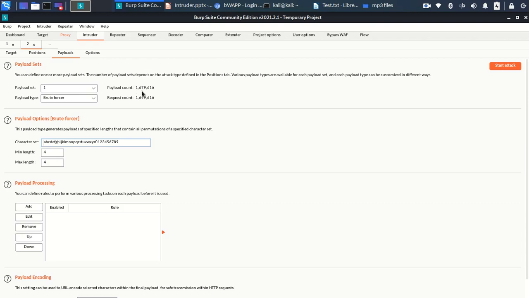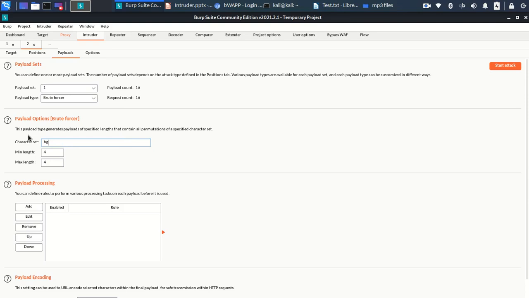Sorry, it is 16 lakh. Yeah, it is 16 lakh combinations it will be trying. So for the time being I'll be omitting all these things. I'll just select 3 or 4 characters. Let's say B, G, U.